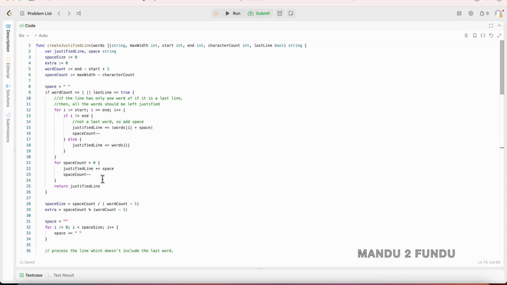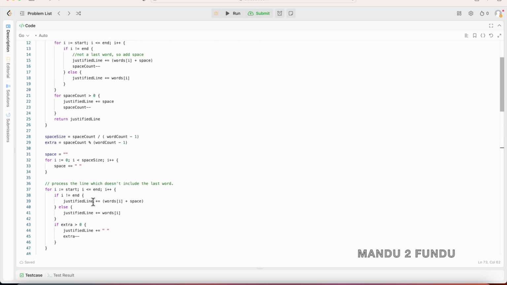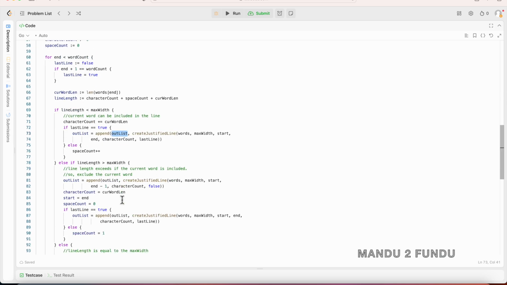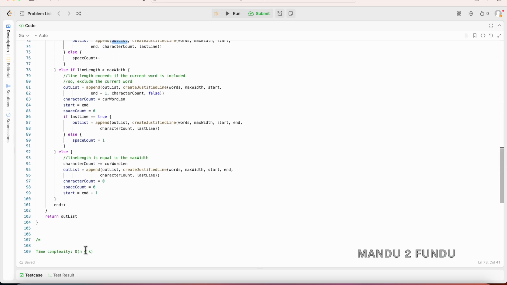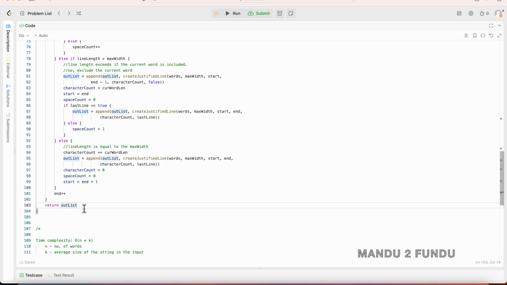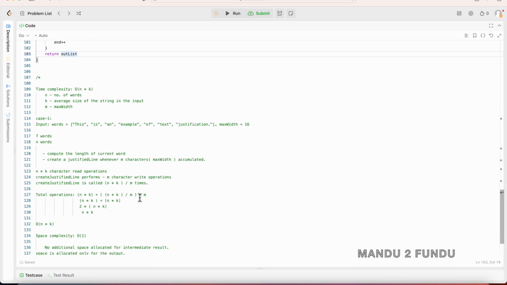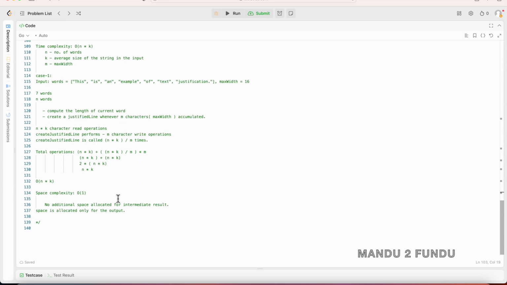Basically this function also is not allocating any additional space for storing intermediate data. Okay, so it constructs the string and that string gets appended to this out list, and that out list is the ultimate output. Okay, so that means we are not allocating any additional space to store intermediate data. So that's why the space complexity for this procedure is